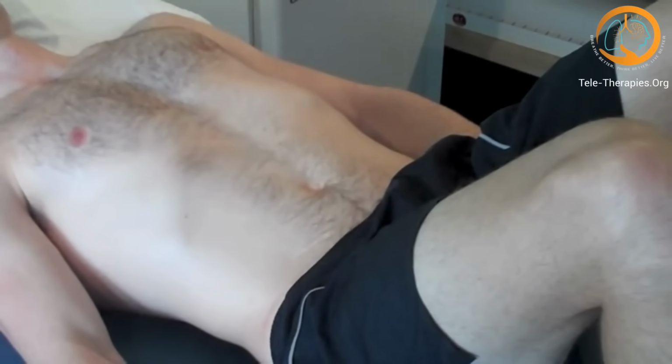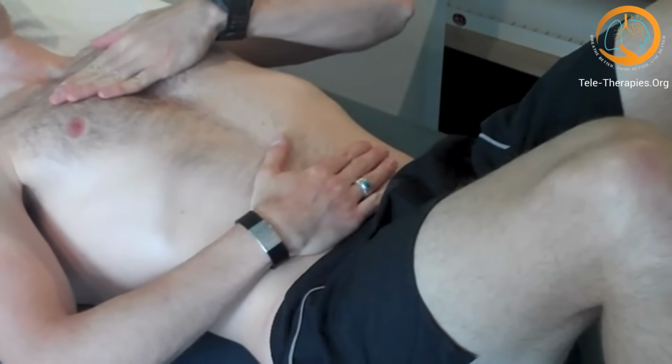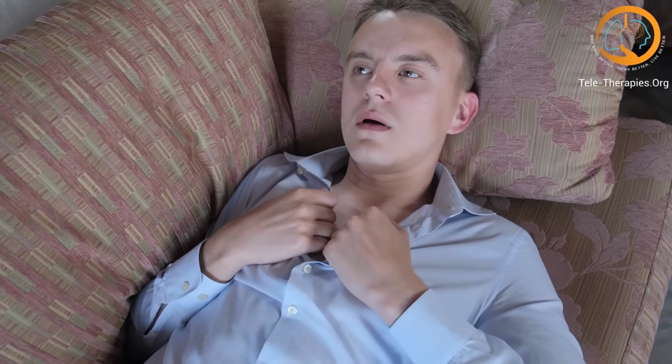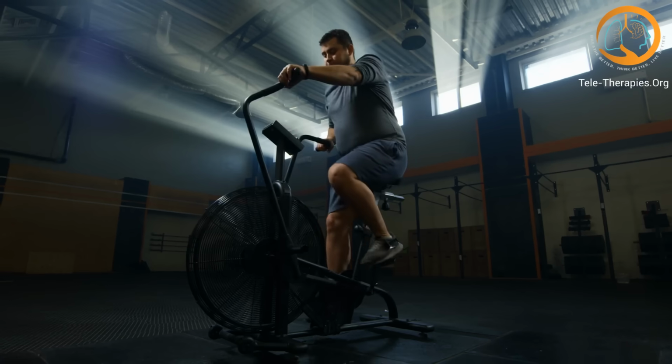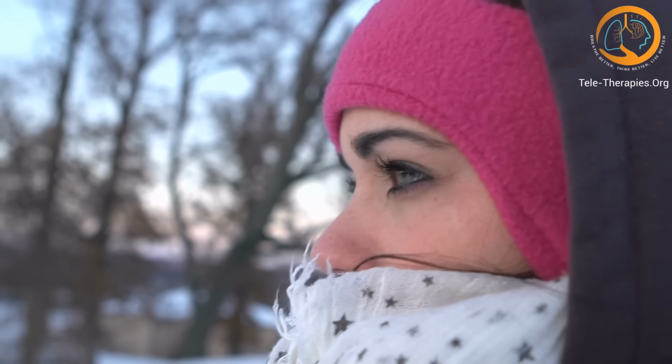Dysfunctional breathing is a highly misunderstood and hard-to-diagnose issue within the medical community. It may be rooted in cardiac problems, POTS, physical exertion, or something as simple as cold weather. Nonetheless, if you've ever experienced or have continuing issues with breathing, it's crucial to seek help and advice from a